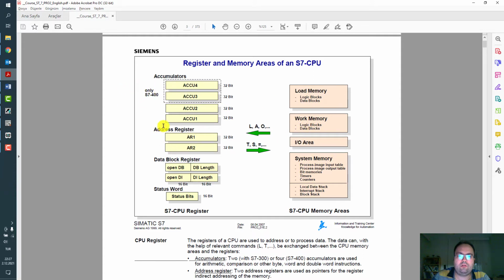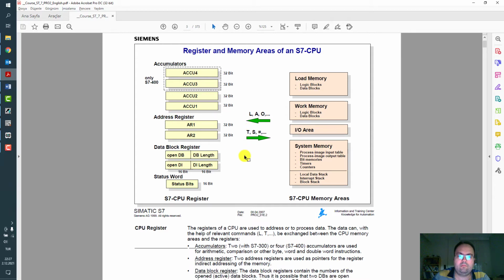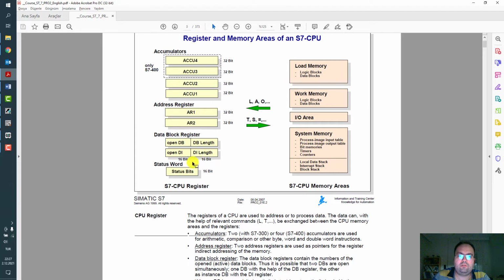And there are 2 address registers for indirect addressing, 2 data block registers for copying and moving data, and the status word consists of 16 bits. Operating from memory areas like load memory, work memory, input output image area, and system memory.